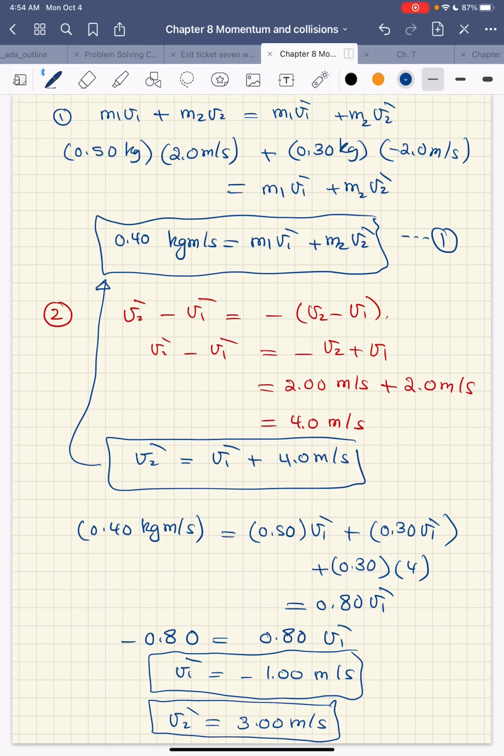Okay, then this is one strategy of solving problems related to conservation of momentum. Thank you, and I will see you in another